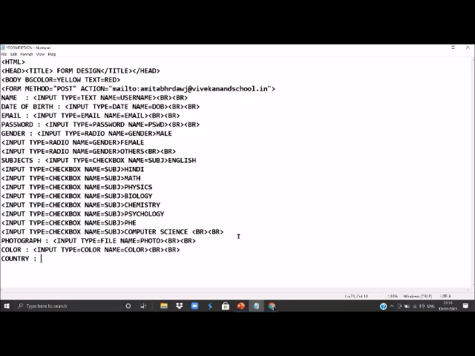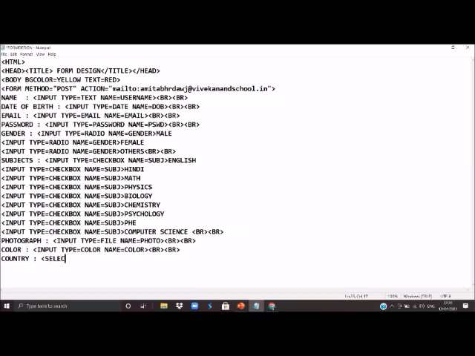We can use this tag for getting the hobbies of the user, or country, or anything. If we provide font styles, then font style also displays a list box kind of thing, font size also. So a similar kind of input field will be created using the select tag.